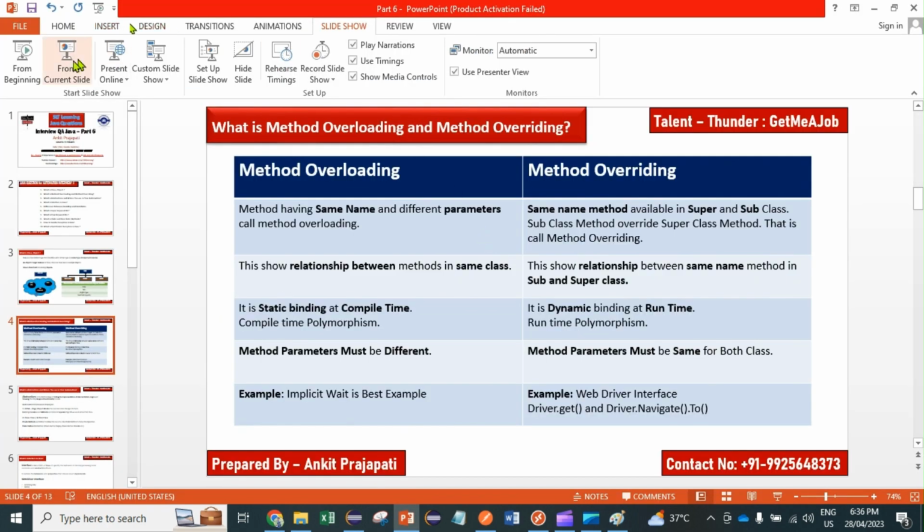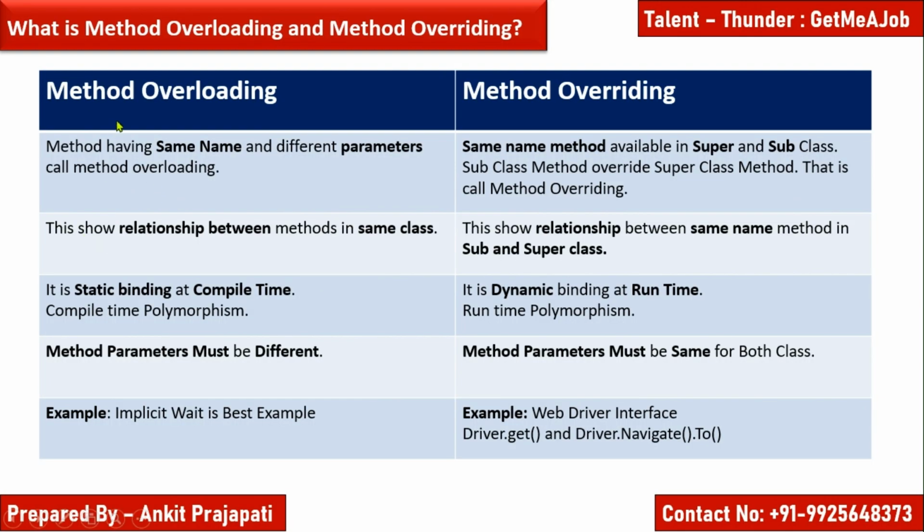So I have put these things over here, right? In method overloading, the relationship shown between the methods is within the same class. In method overriding, that is a concept we normally use for superclass and subclass. So we have the same method with the same name, but the content of that method will be different. Suppose in a superclass the method performs a certain activity, but the same method in a subclass performs something different. That is called method overriding.